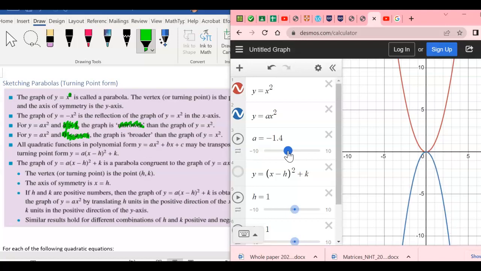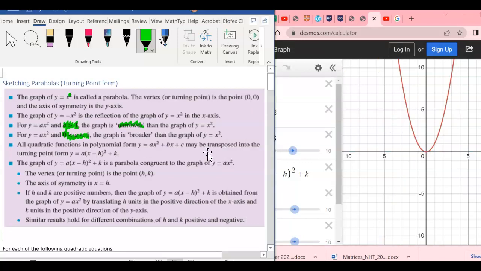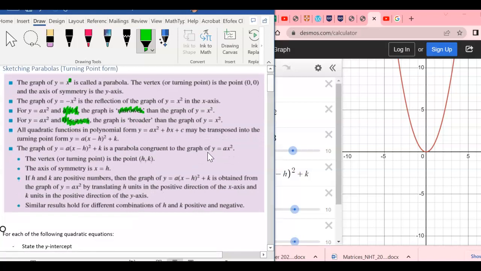So when it's less than -1, it becomes narrower, and when it's between 0 and -1, it's wider, but it's also reflected. Okay, so I'm going to turn that one off because we're going to look at other transformations. All right, now we're going to look at, in this video, this